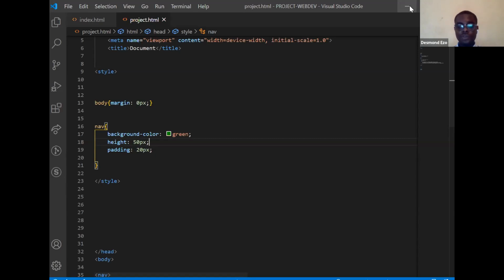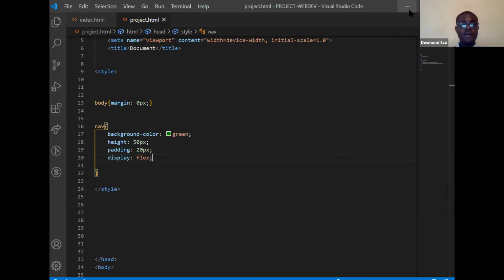So the next thing I want to do on this navigation would be to display it as flex. So what this does is that it changes the display format for this document.